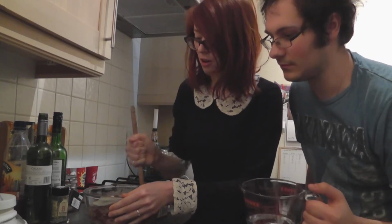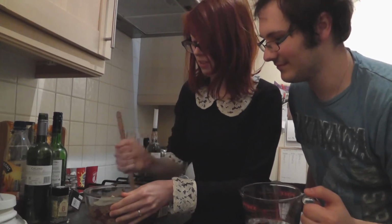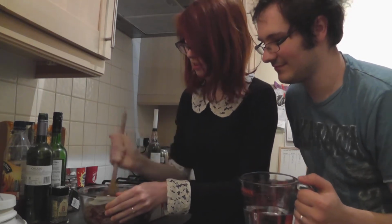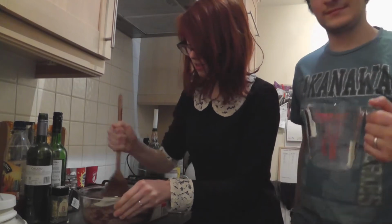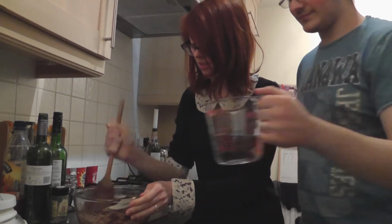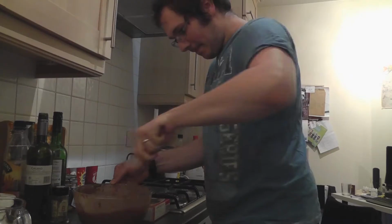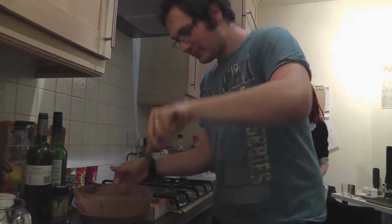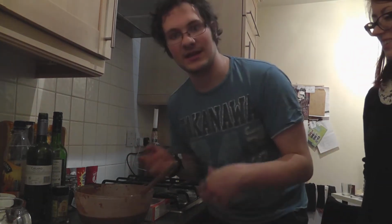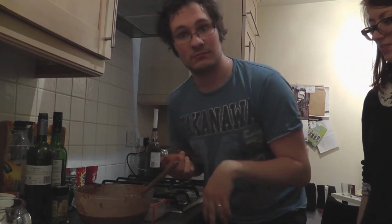Maybe some of you at home will be lucky enough to have an electric whisk of some kind. We unfortunately do not have that luxury. So we are doing this the old-fashioned way. More water. So once you've mixed it all up and added all the water and it's mixed, then